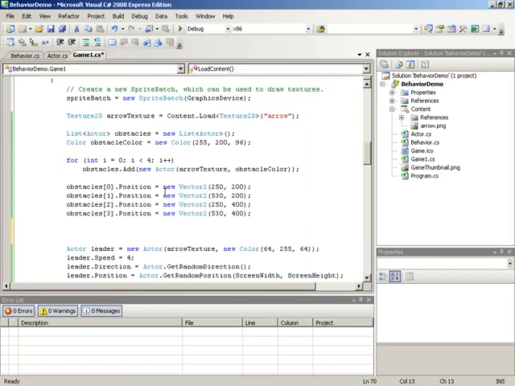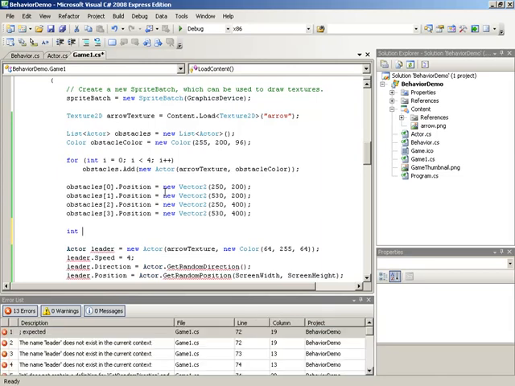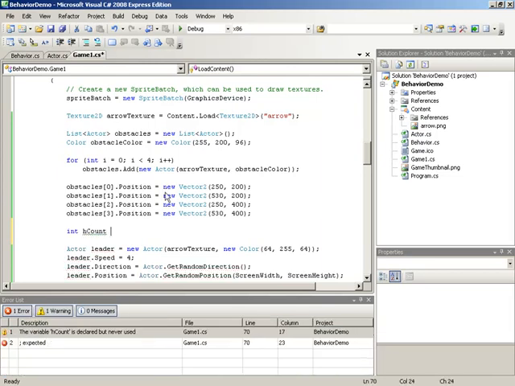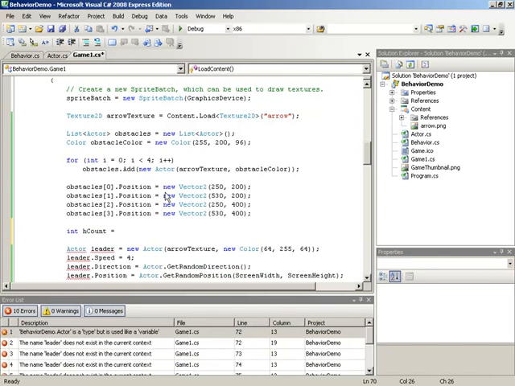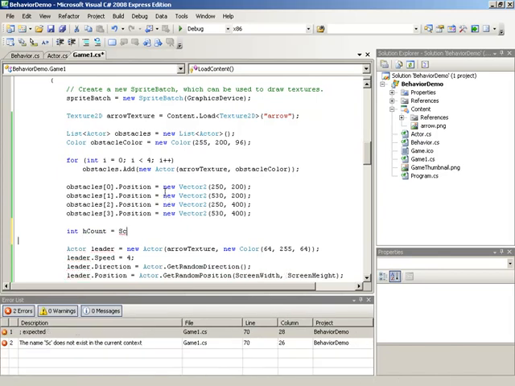We're going to have a count in the horizontal direction and a count in the vertical direction, saying how many actors we have, how many obstacles we have vertically and how many obstacles we have horizontally. So to begin with, we'll have an integer that we're going to call hCount. This will be our horizontal count. And for this variable, I'm going to create a value. I'm going to initialize it using the value screen width divided by